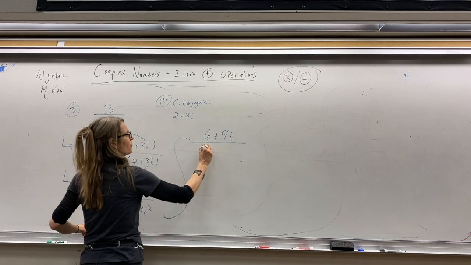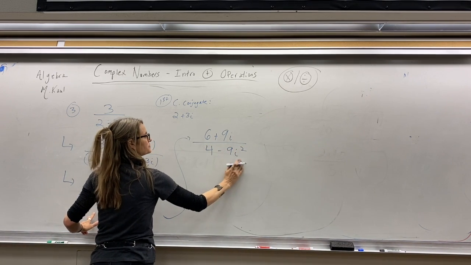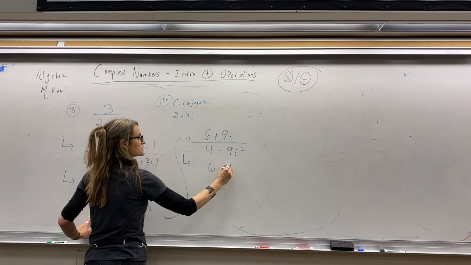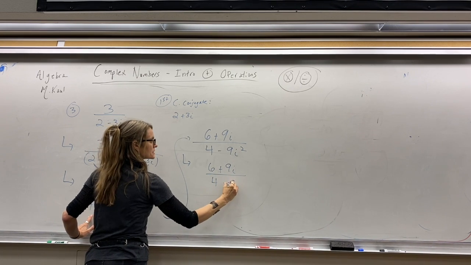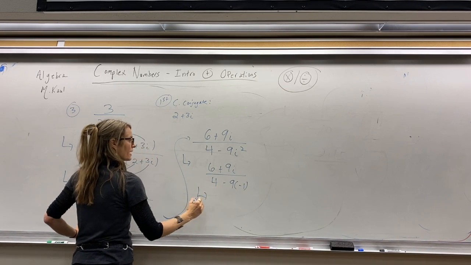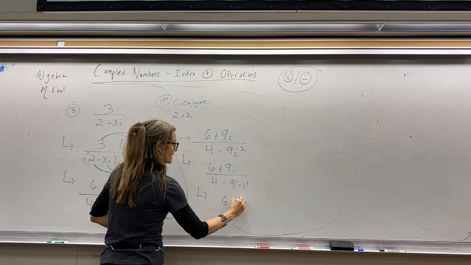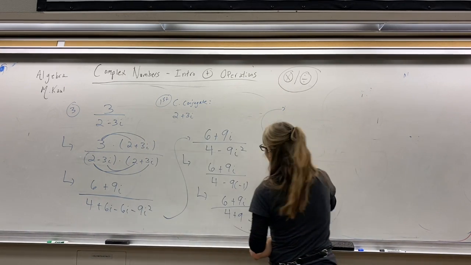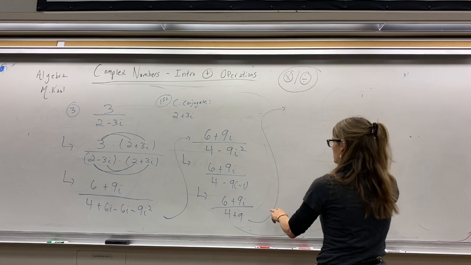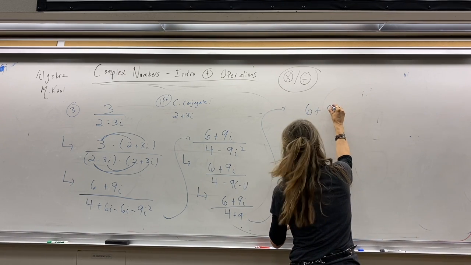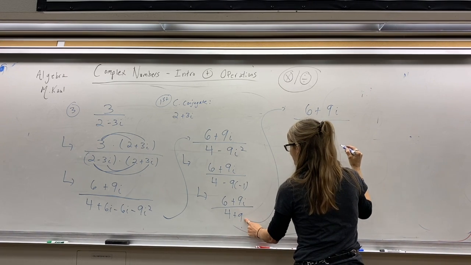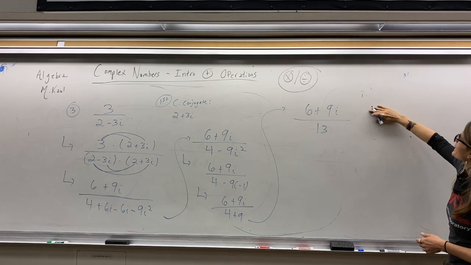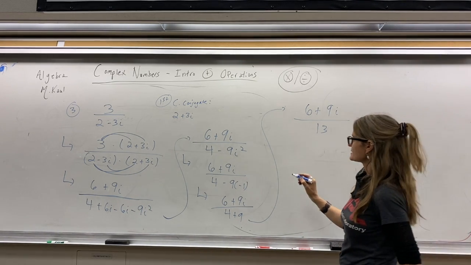So now I just have 4 minus 9i squared, and that becomes negative 9 times a negative 1. So this now becomes 6 plus 9i over 4 plus 9, which is 13. Okay, that's our final answer, but in complex number form,